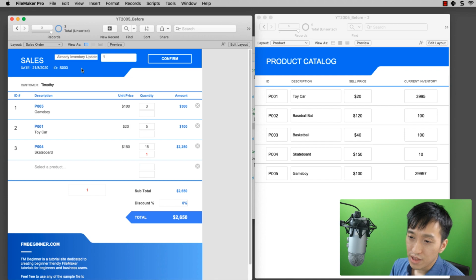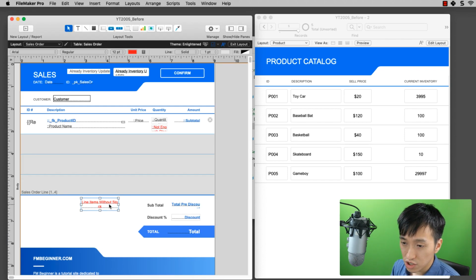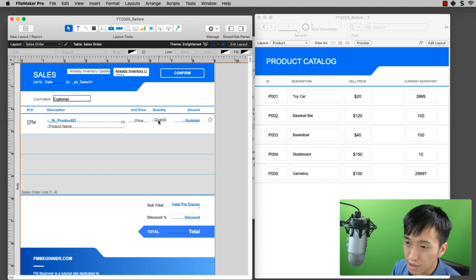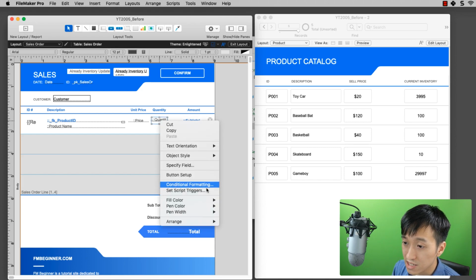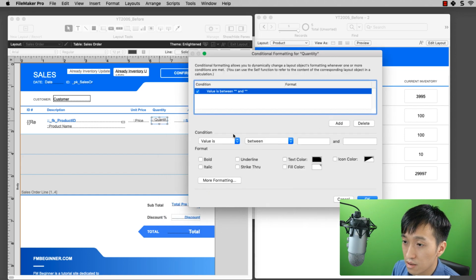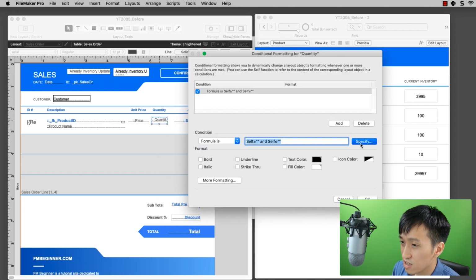Now one of the things that I would do is I don't want these back-end controlling fields to be showing up on the front end. It doesn't really need to because the user doesn't need to know what's happening on the back end. So what I can do is I can just remove these once I set up everything. And maybe in here the quantity, I can set a conditional formatting based on a formula that says, I guess,